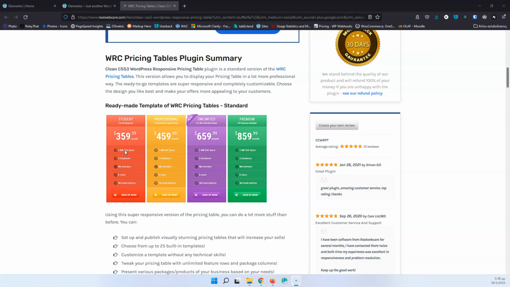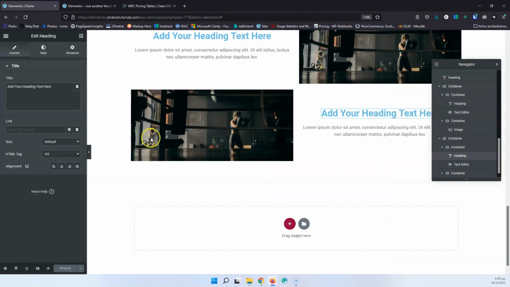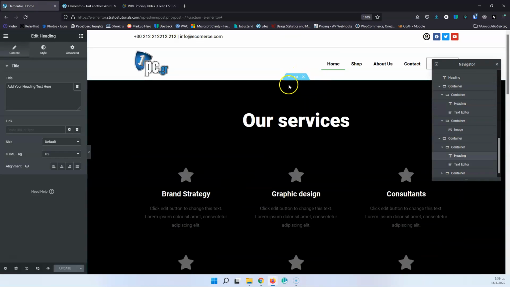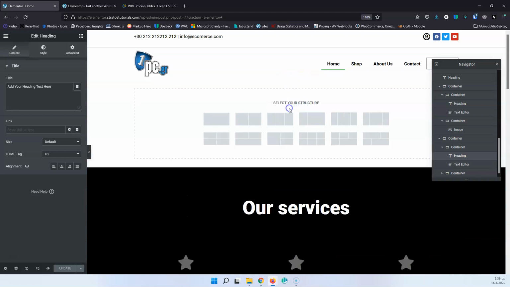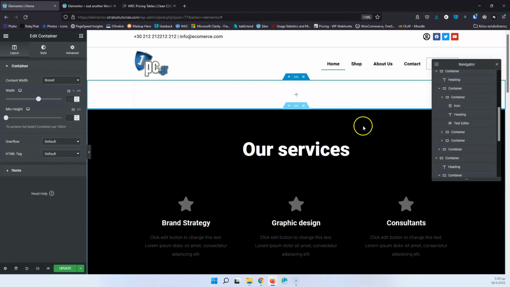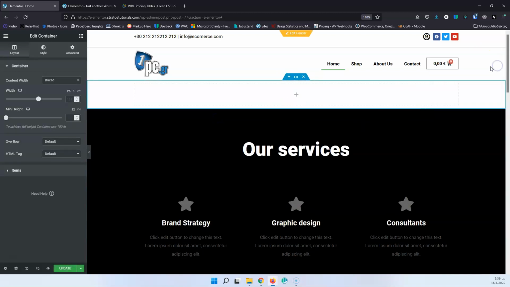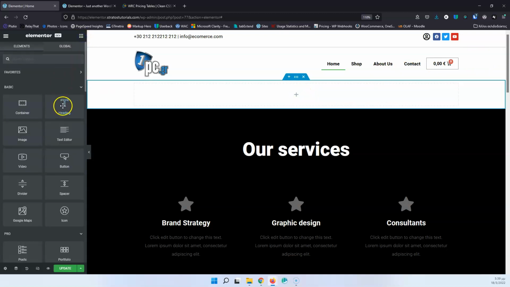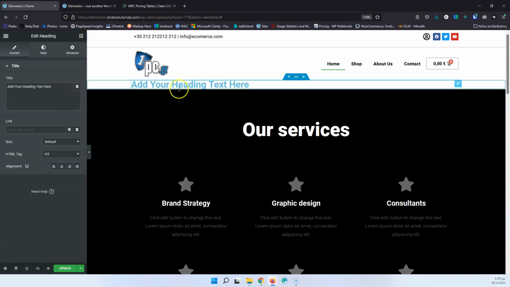Do not be afraid to use the containers that you need in order to create more advanced layouts. Let's go into here and let's go into the top, and we're going to click here. And first, let's add one row. Let's close the navigator, even though we may need it after that. I'm going to add a heading. I'm going to call it pricing or prices. Let's put that in the middle,